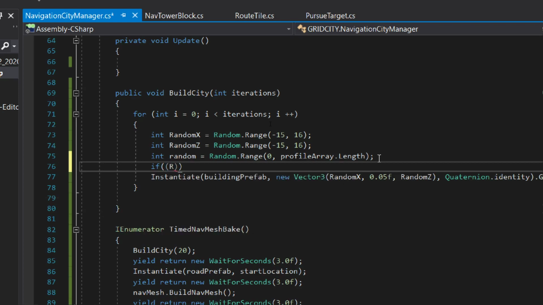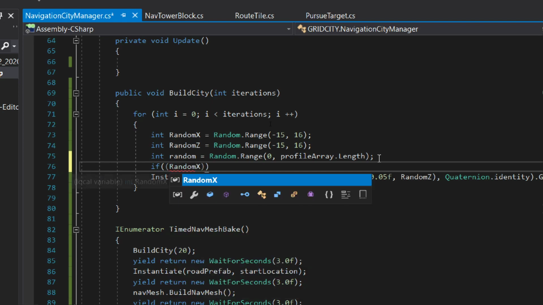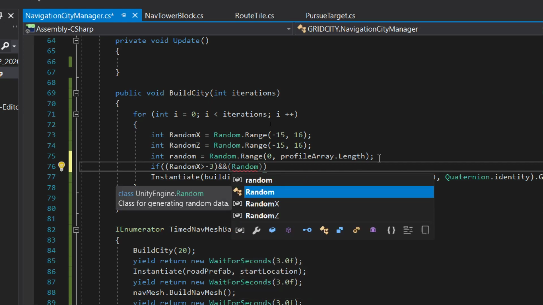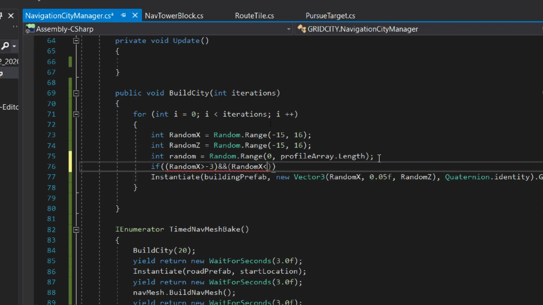So if random x is larger than, say, -3, and random x is less than 3,